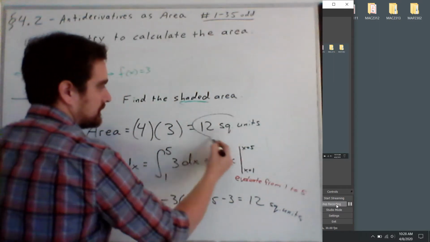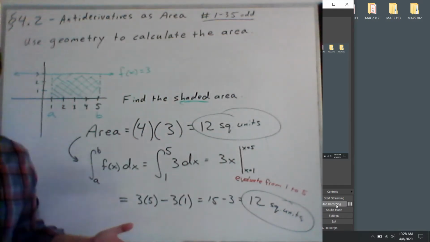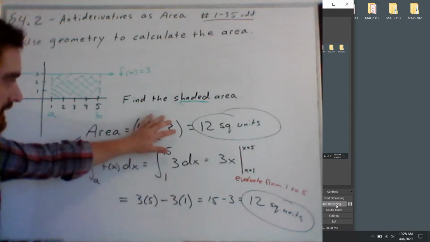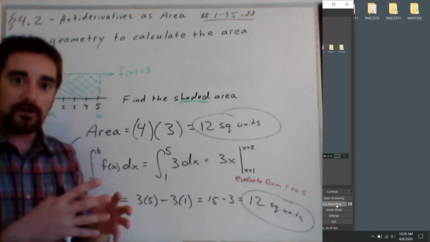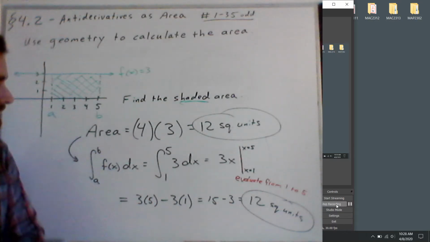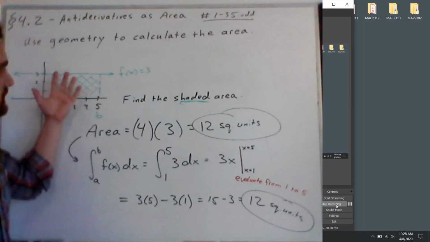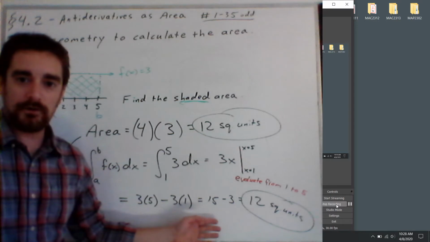And that's not a coincidence. We didn't just randomly happen upon the same number. These two things are very intimately connected. The definite integral and the area are both very intimately connected. So again, that's the goal in this section, to look at these things geometrically, but start to relate them to their actual